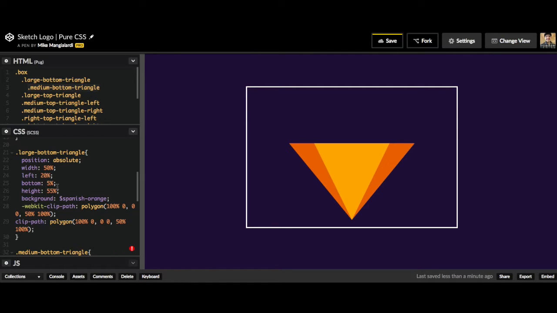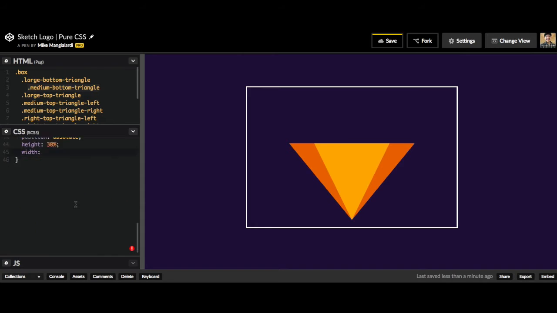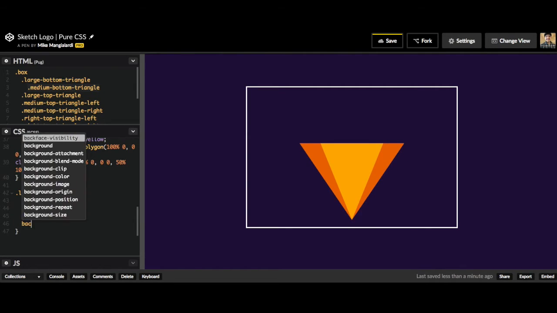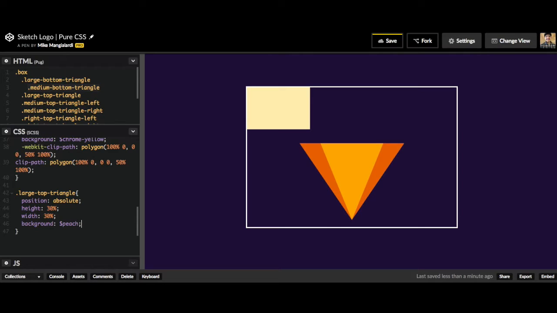And then that means we'll have to change the left to 25%. And so that means because this outer triangle, this orange one is 50%, and this yellow triangle is 60%, then our top triangle is going to be half of this 60%. So we do width of 30%, and we'll do background peach. And by the way, if that was confusing, a lot of times I just do trial and error to